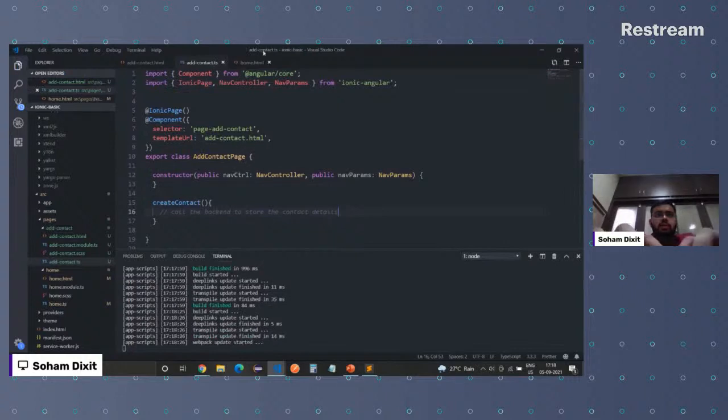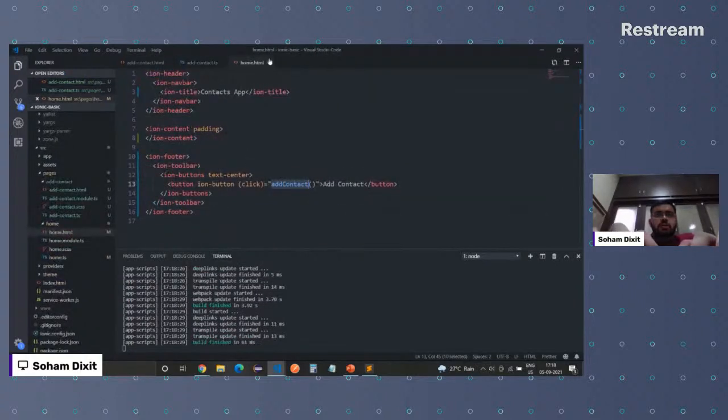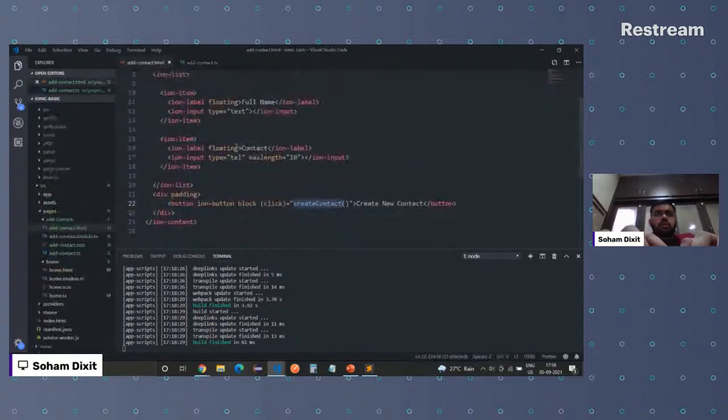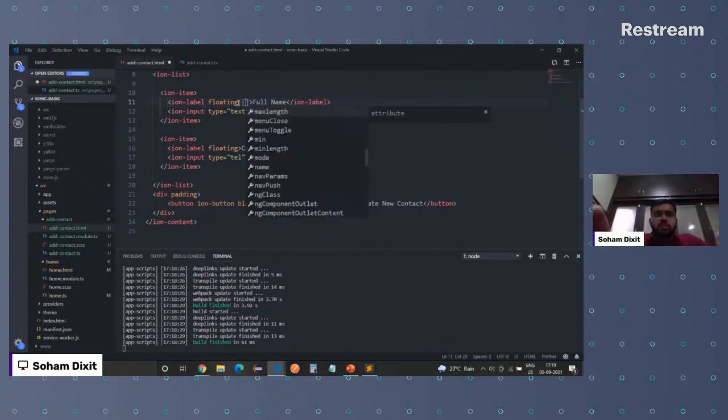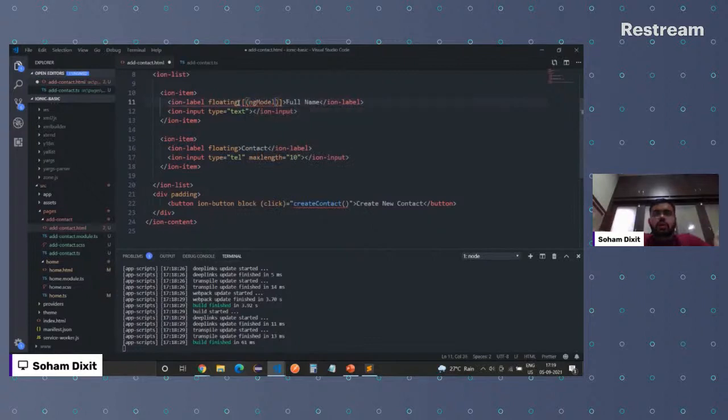Now, before that, we also need to ensure these values, because these are the values which we are going to pass to our backend. So this full name and contact, let's bind these values as well, the way we bound this button. So when user clicks on that button, we are actually getting the values of the inputs which the user is typing out. To do that, as I said, we are going to make use of Angular with this Ionic. There is something called ng model, which you can even check out later on. This ng model helps us in two-way binding.